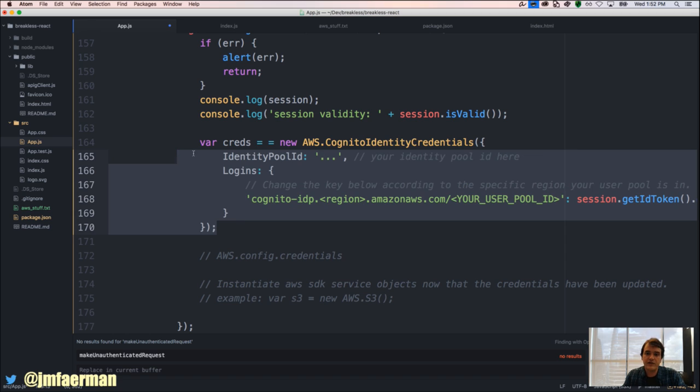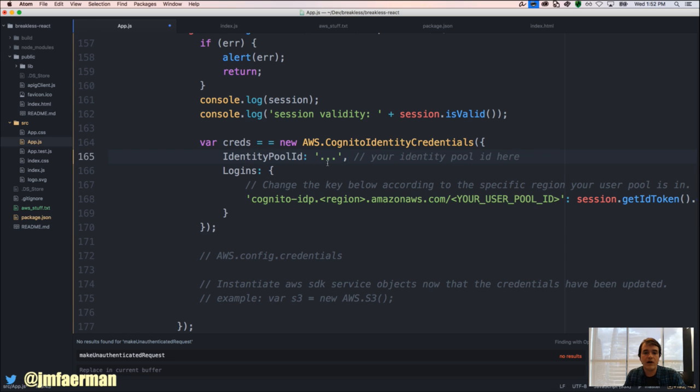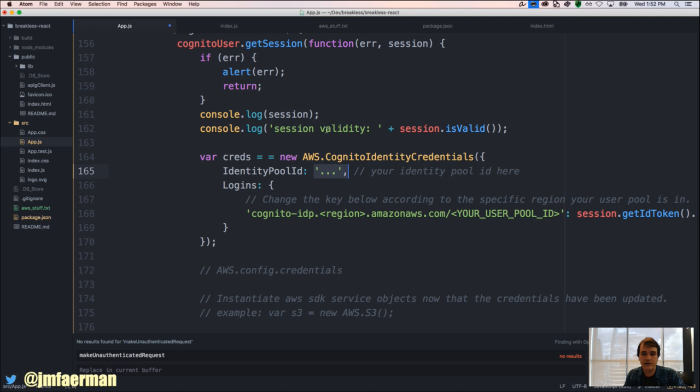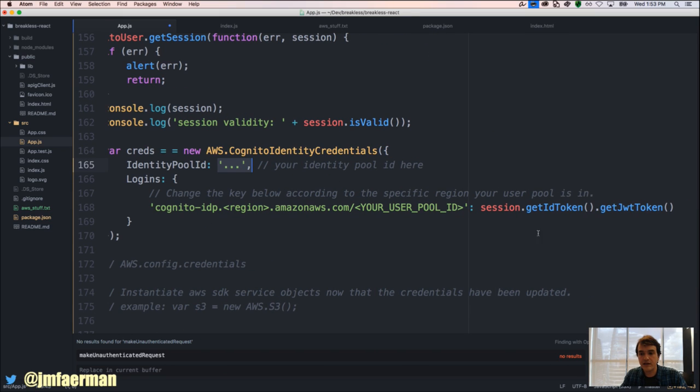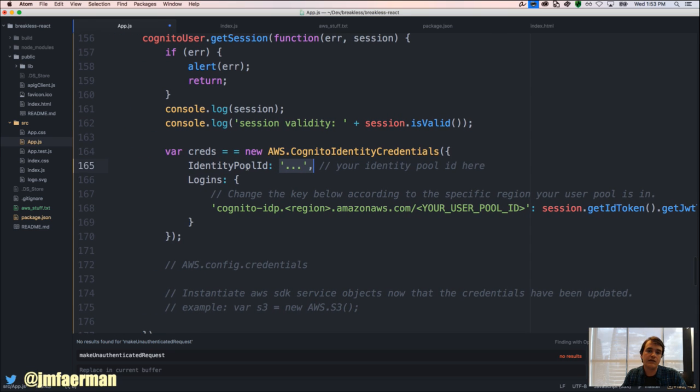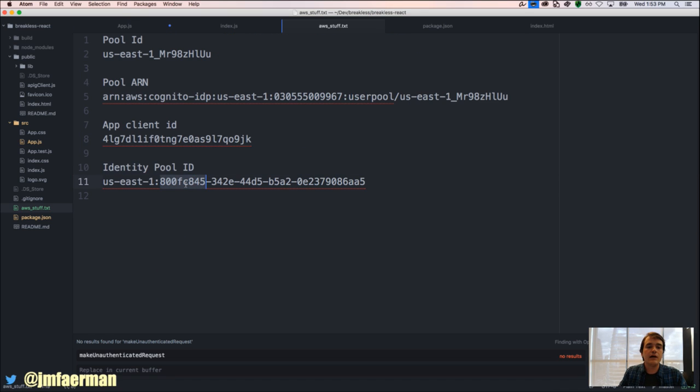So this is a very special type of credentials where we say what is our identity pool ID and the ID token that we have as identity, and Cognito will return us credentials with that role, with that execution role. So for identity pool ID, we have this value,